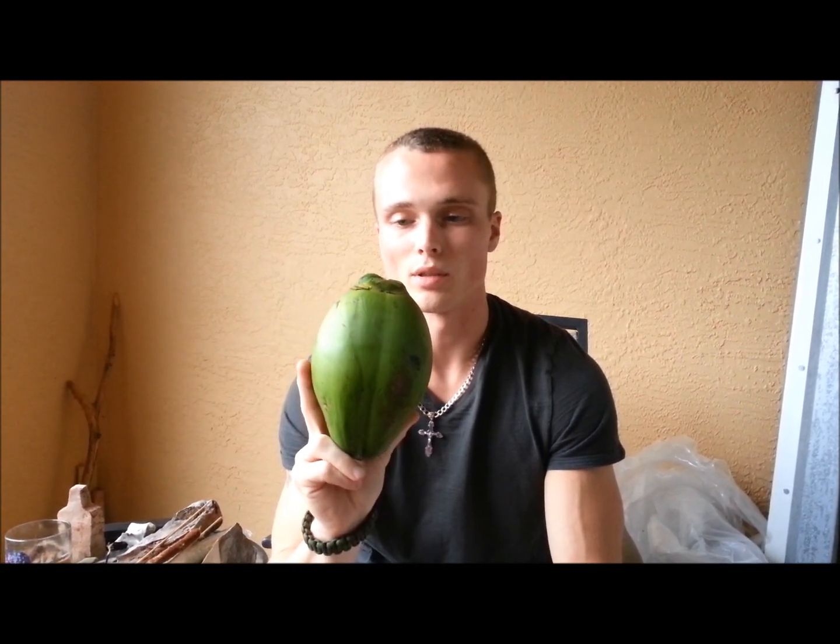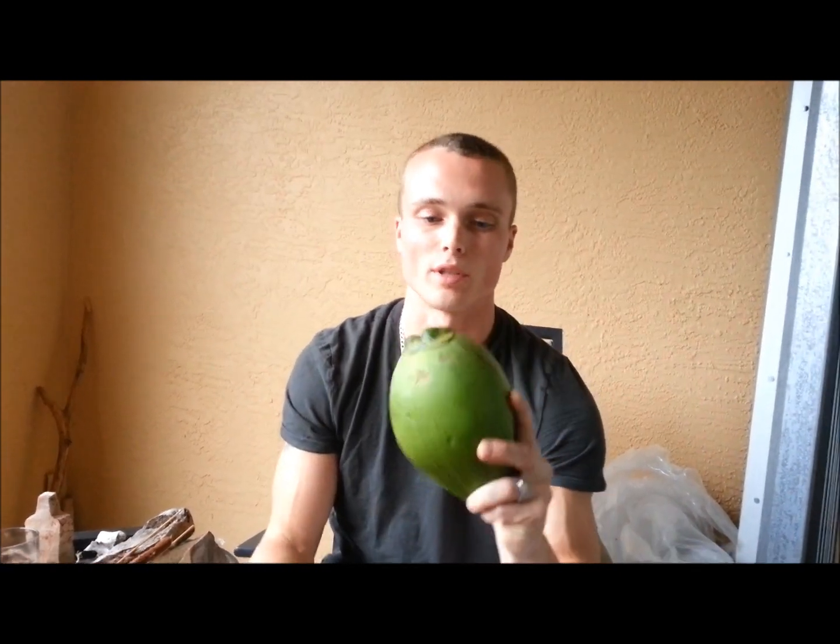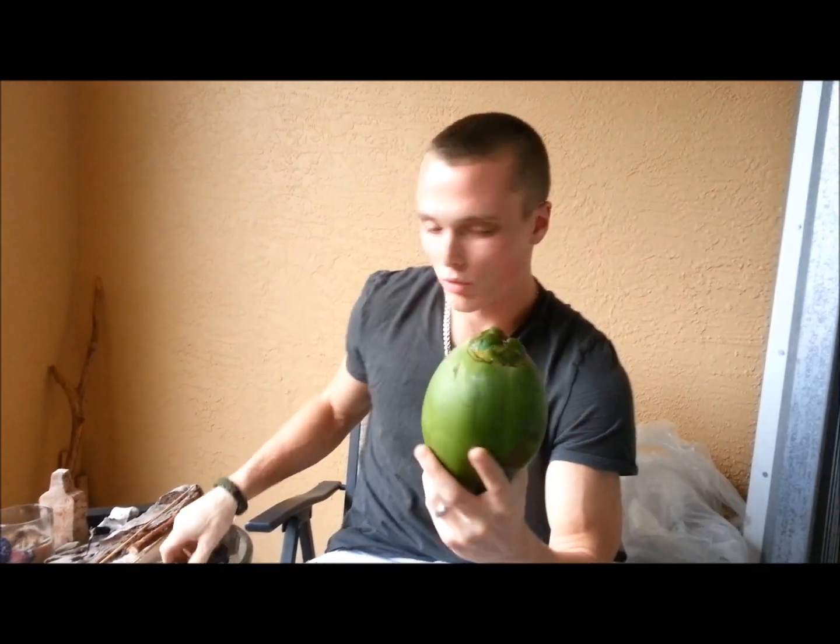Now first we'll talk about the green coconuts. What you get out of these is just fresh juice. It's pretty much like water. You can drink more of this than you can the other, because this does not have the oils like the brown coconuts have, which are older. These are younger. And what you do, I'm going to show you here, take a coconut,